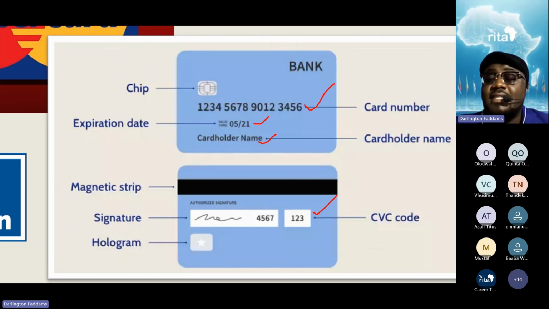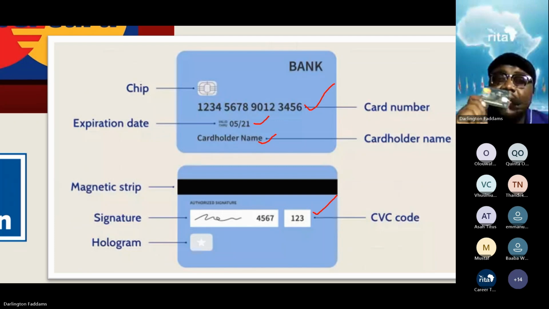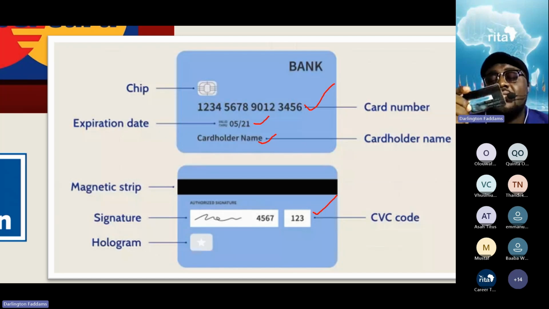What that also means is that if somebody should copy these details from your card, this person has everything they need to pay with your money. When hackers are hacking computers, they are hacking for credit cards and passwords. This is vital information, and this information is physically on the card. I can see all of them here on the card. This means that if anybody takes your card and copies this, there is no restriction.